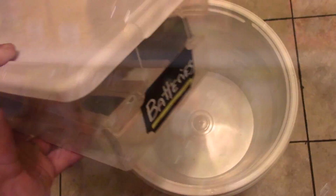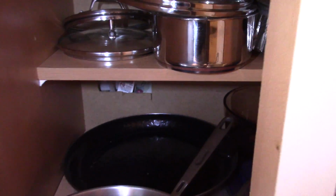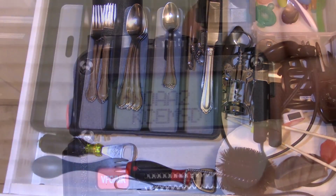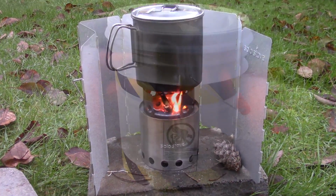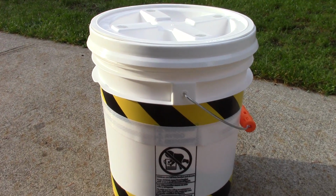For example, most people will probably have some canned food. They'll have pots and pans, utensils, clothes, items for warmth, but they might not have certain emergency items like an emergency radio, illumination methods, backup power, alternative cooking methods, and more. So let's open up the comment section with your ideas on what should be included in this basic, realistic kit